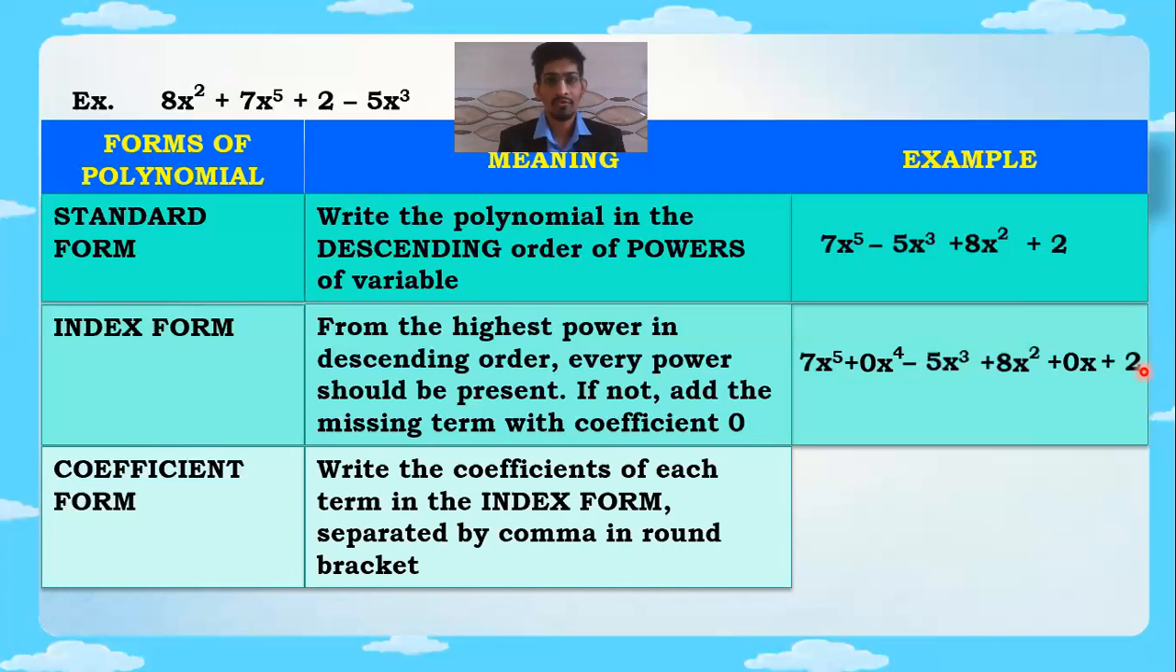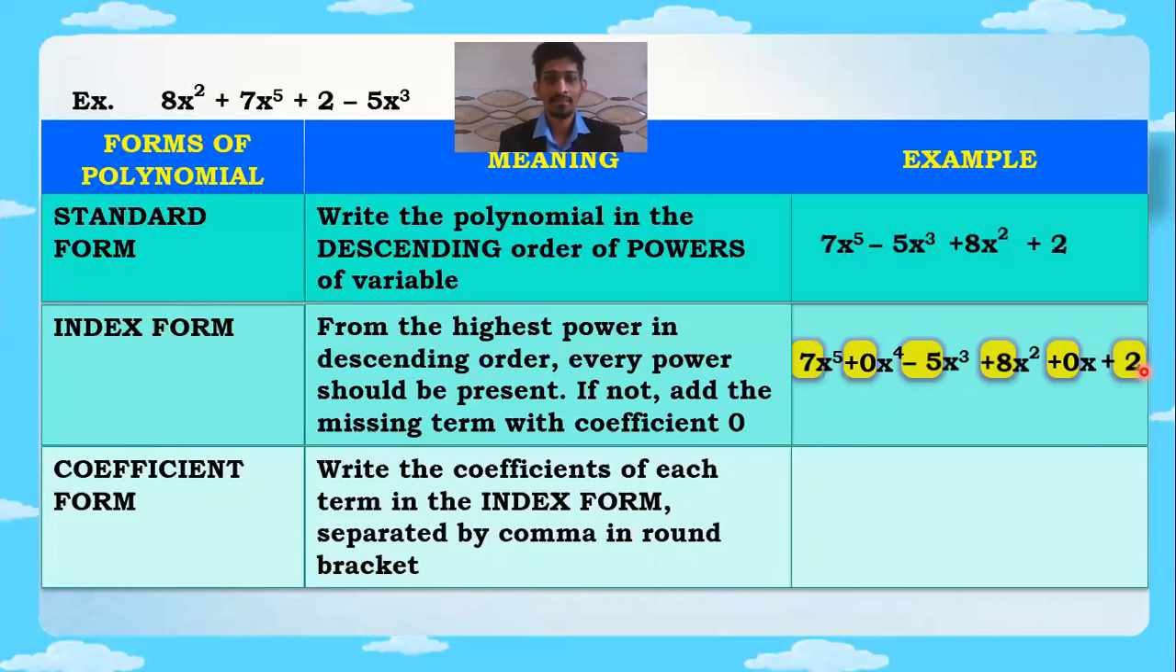Now students, in coefficient form, we are only gonna write the coefficients from the index form. So as you can see in the second form of polynomial, that is index form, we have arranged this polynomial in index form. Each and every power is present. So just coefficient of that जो भी अवेलेबल है 7, 0, -5, 8, 0, 2, उसको हम लोग को लिखना है in round bracket, coefficient form. Coefficient form, देखो यहाँ पे round bracket किधर लिख रहा है. तो round bracket से हम लोग को start करना है and उसके अंदर हम लोग को लिखना है coefficients of